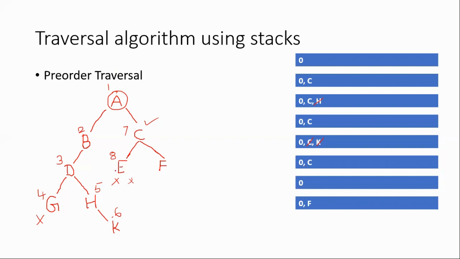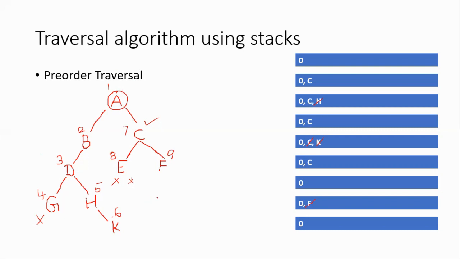Okay. So after that, what will happen now? Then it will pop from the stack. So F will be popped from the stack now. As F gets popped, it will get processed here. Now finally we will be having only the null value on the stack. That indicates that we have processed all the nodes over here.